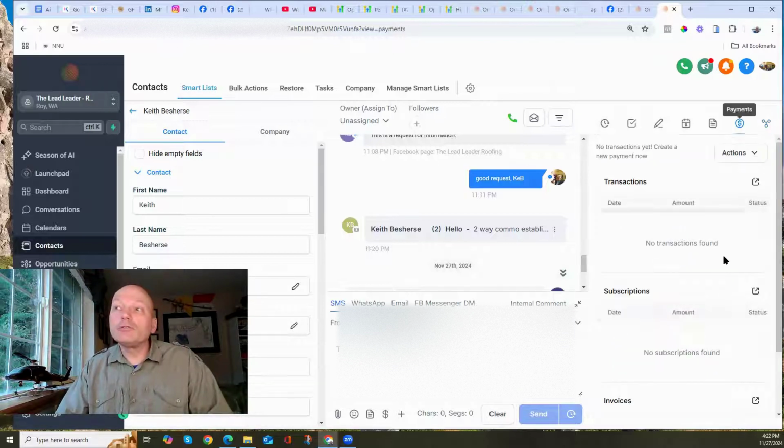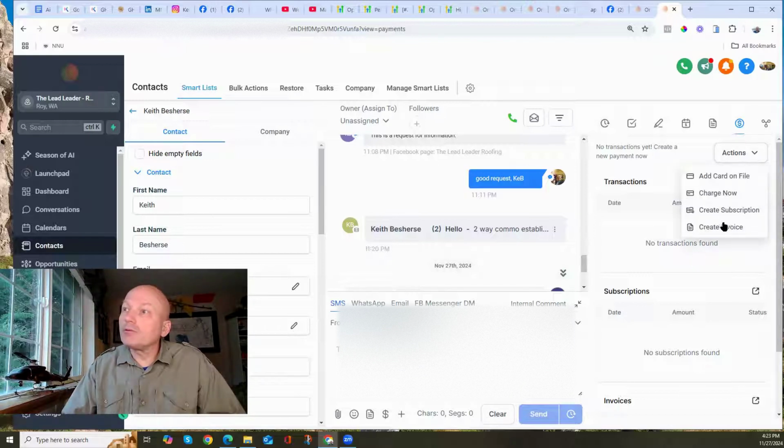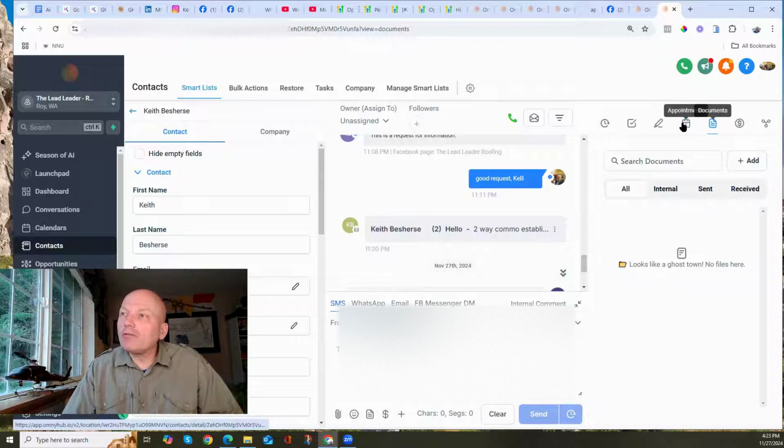This is the ability to record payments, and also make charges to this particular client. Create them an invoice. I can attach documentation about my professional relationship with them, and back to the middle,